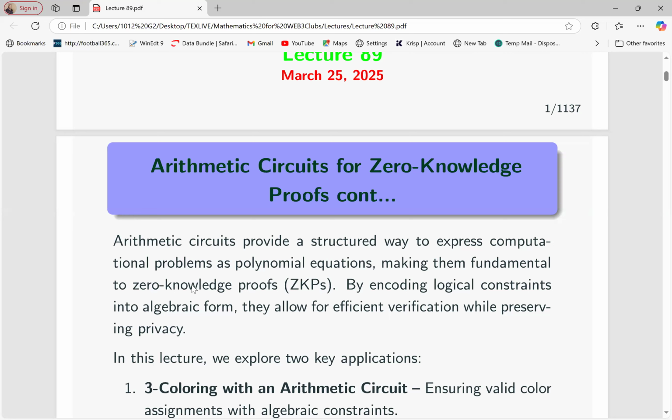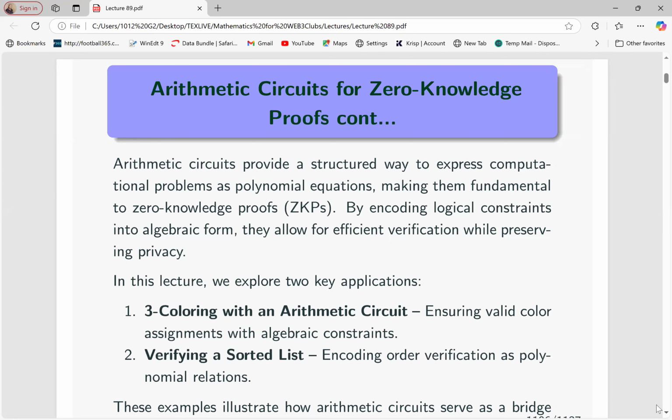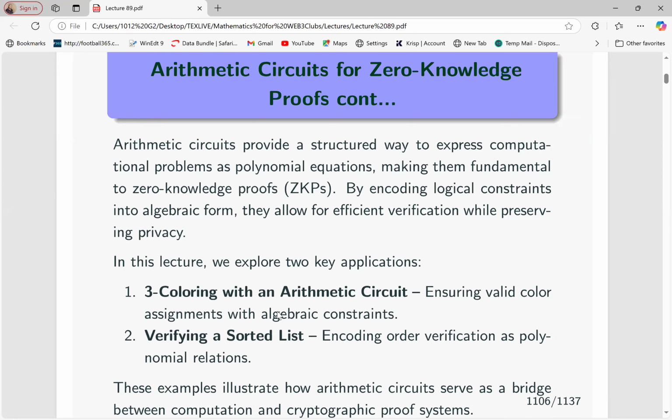So today we want to advance this notion of writing arithmetic circuits, and this time we'll be looking at some examples that are used in real life applications: the three coloring with an arithmetic circuit. And then we shall be looking at how to verify if a list is sorted. We shall see how important that is in zero knowledge proofs, for instance, because